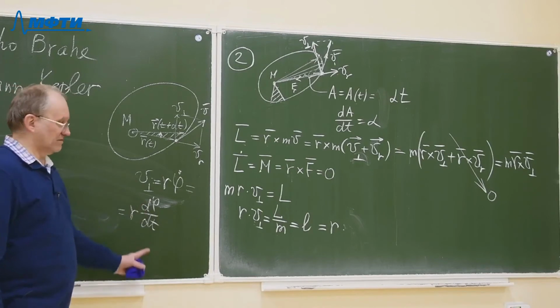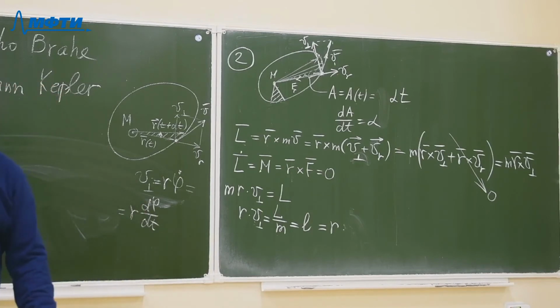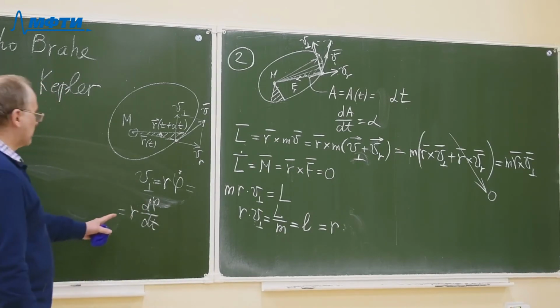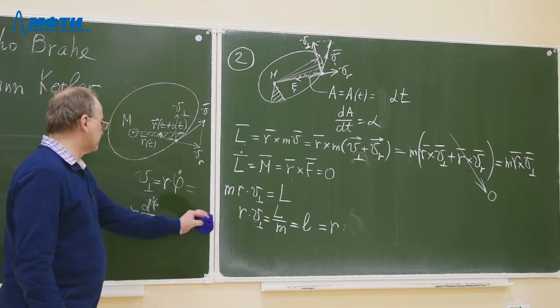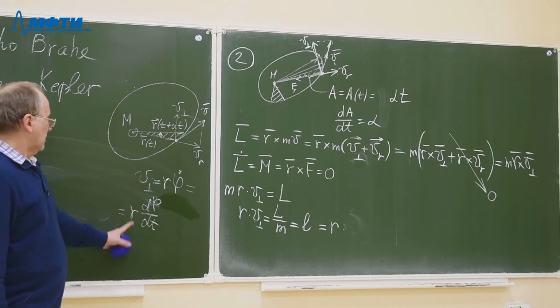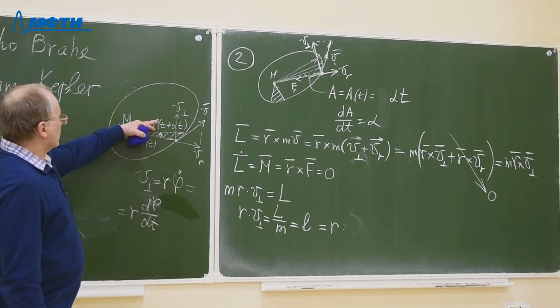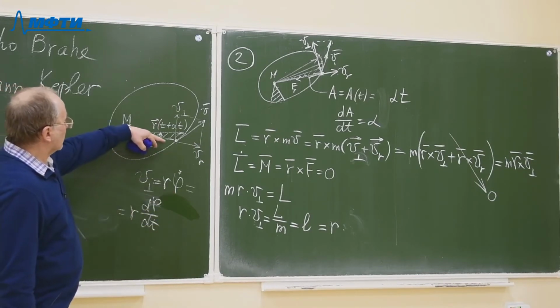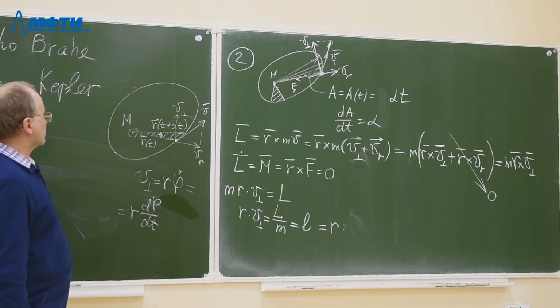So that's a relationship taken from the kinematics of rotational motion, which we considered in the beginning of this semester. Kinematics of rotational motion. So phi is the angle at which the radius vector turns,